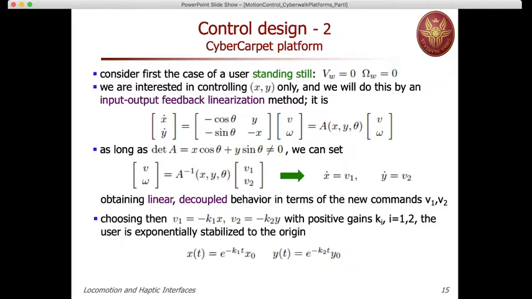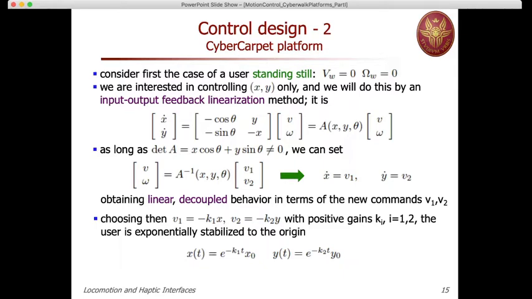And these are rewritten in this form: x dot, y dot equal a certain matrix, which we will call A, times the two-dimensional input vector of v and omega. So it's minus v cosine theta plus y omega is the first equation, and the second is minus v sine theta minus omega x equal y dot, exactly what we have seen before. Now this matrix is the so-called decoupling matrix, the input-output decoupling matrix of the system. For those of you who are familiar with nonlinear control methods,